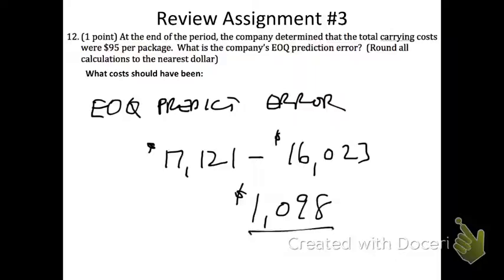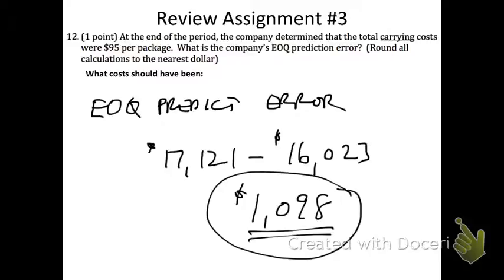And this 1,098 is just a reference for anybody who's working with inventory costs and managing those. This is the cost that we incurred over and above what we should have in determining when to order, or actually what to order. And so had we had a different economic order quantity based on a correct prediction, we would have $1,098 less in cost. But again, this is just for information. It doesn't get booked anywhere.